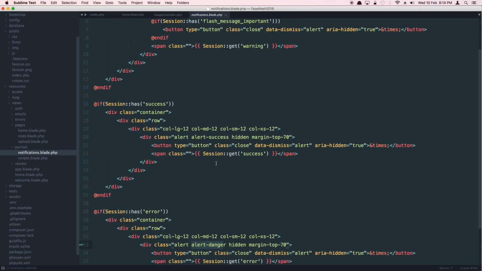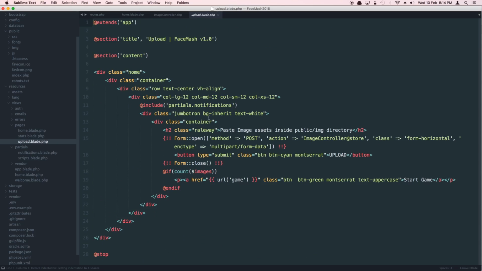That's just straight Bootstrap stuff, so you don't need to worry too much about it. You can learn more about this in Bootstrap. Just Google Bootstrap if you don't know. I suppose everyone should know. Then we are creating just a jumbotron. That's again Bootstrap, and essentially what we're doing is creating a button with a